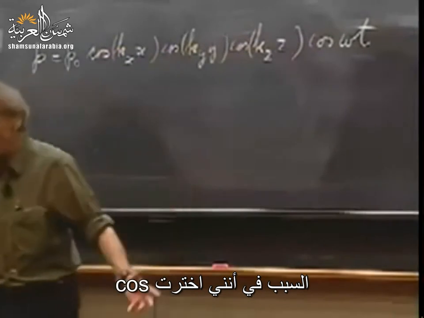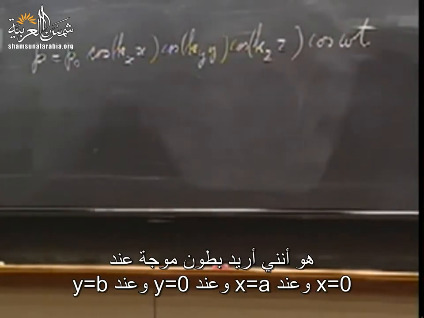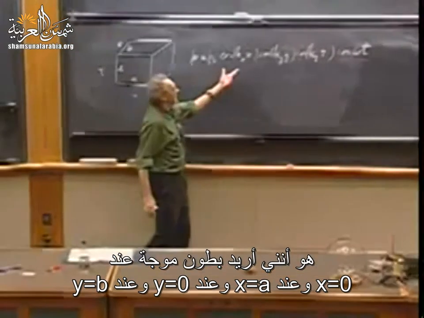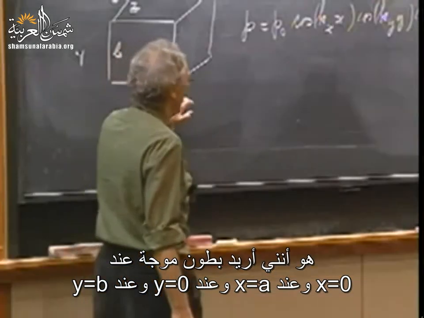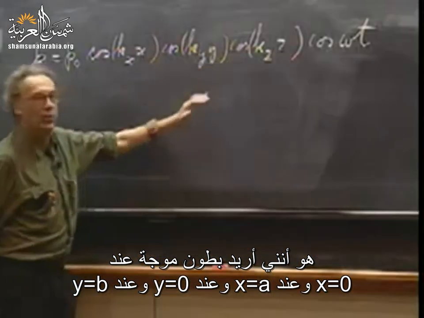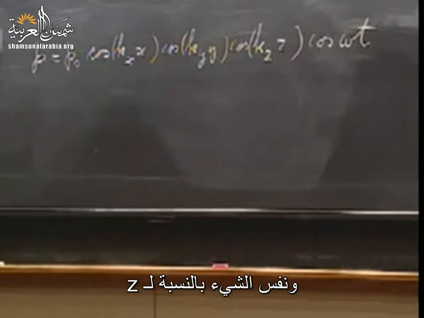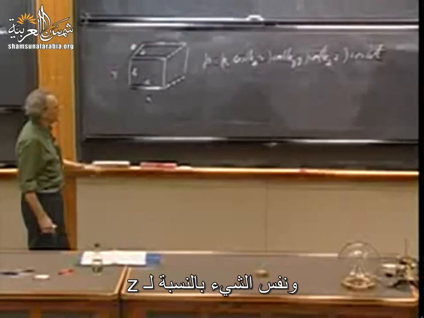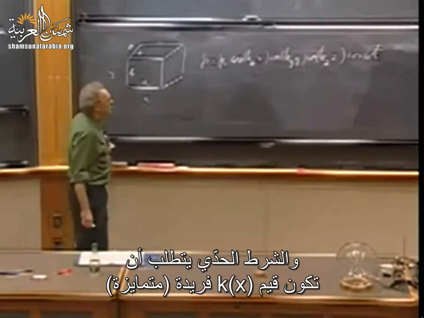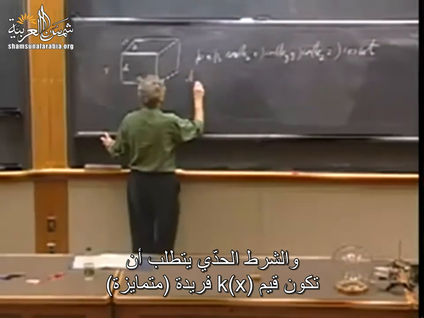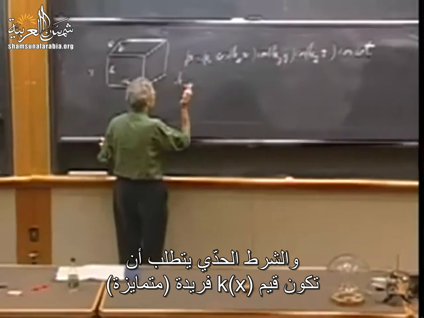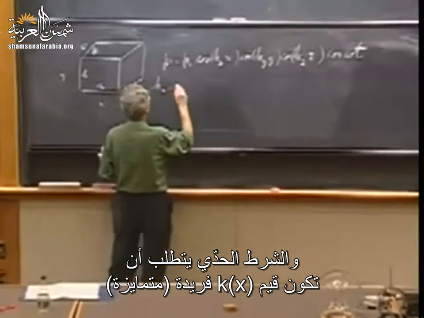And the reason why I already pick cosines is because I know that I want the antinodes when x equals 0 and when x equals a. I want the antinodes when y equals 0 and y equals b, and the same for c, for the z direction. And so the boundary condition now demands that kx can now only have unique values, discrete values, which is